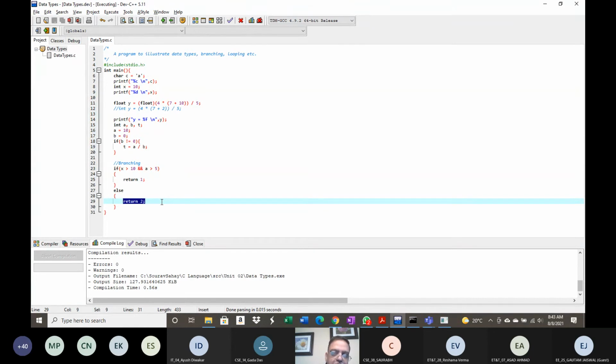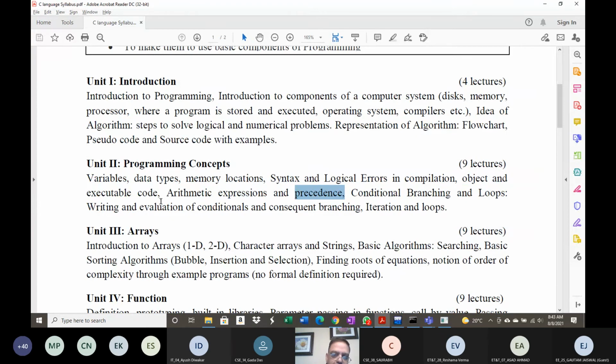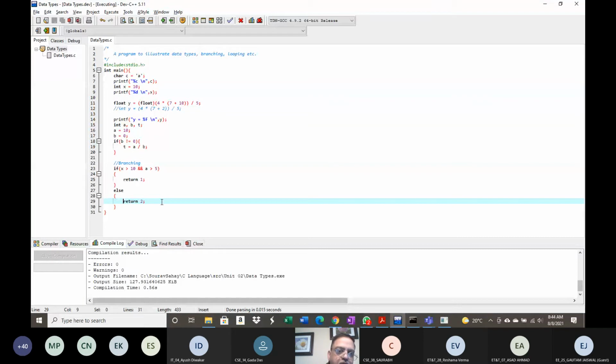I hope you have already been through a course on C language, so that you at least know all these things. Starting from the beginning on C language will be difficult for me, so I'm going to focus at a little bit of a high level. If you still have any questions, somewhere you don't understand, or maybe if I'm making an assumption about your prior knowledge and that assumption is incorrect, let me know, and I will adjust my lectures accordingly. I will definitely answer your questions later on.